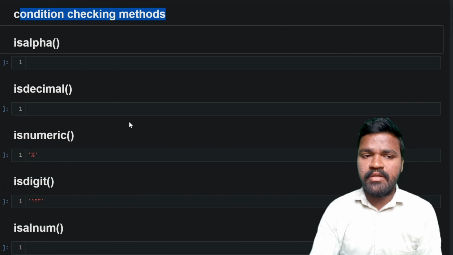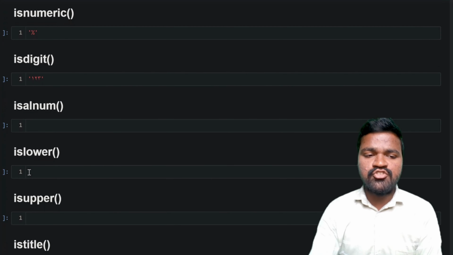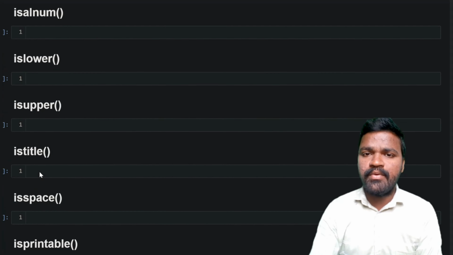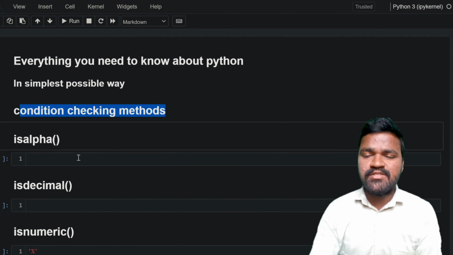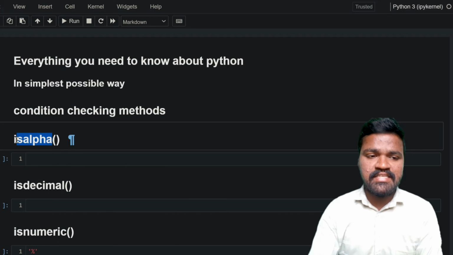As we have so many methods, in this video we will be seeing some of the methods up to this particular isalnum. In the next video, we will see the remaining methods so that we can complete all of these methods. So let us go ahead and see the first method that we have, which is